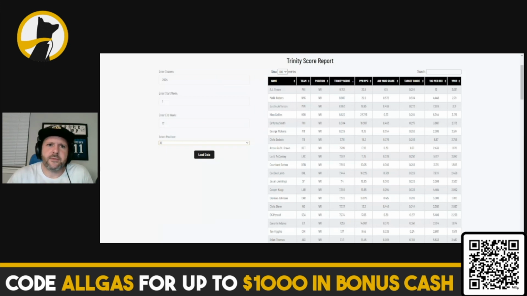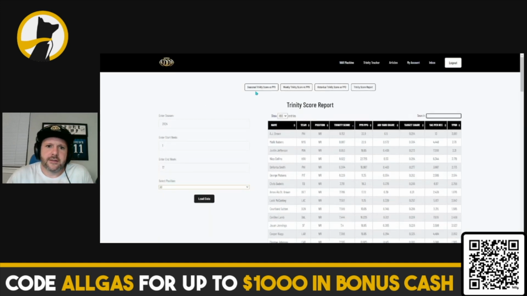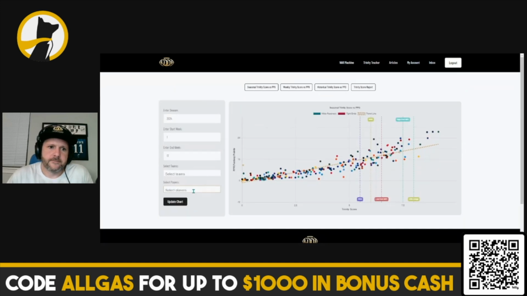So, this is for the people that like to look at things. If you want to look at things, let's go to this seasonal Trinity score versus points per game. There's a reason I'm going to be using this portion of the tool, because I'm going to look at 2 players on the same team. I looked at their KTC rankings, and then I looked at their production and their Trinity scores to see if maybe there's a player that is undervalued in comparison to their teammate. And in this case, what I came up with was,